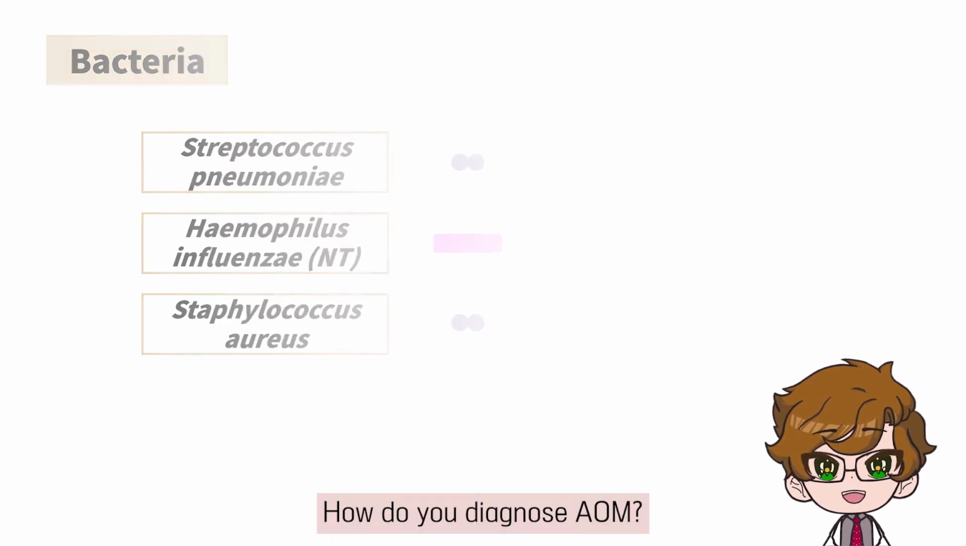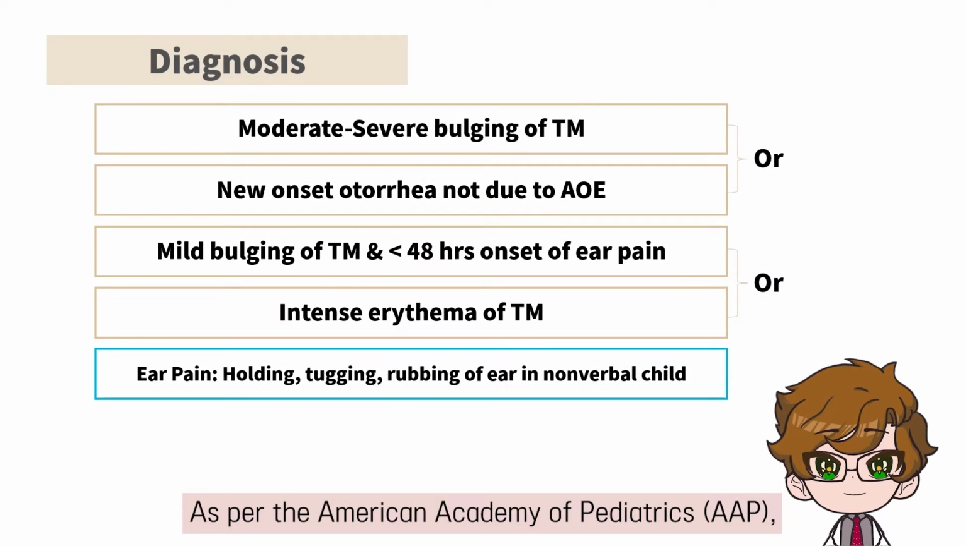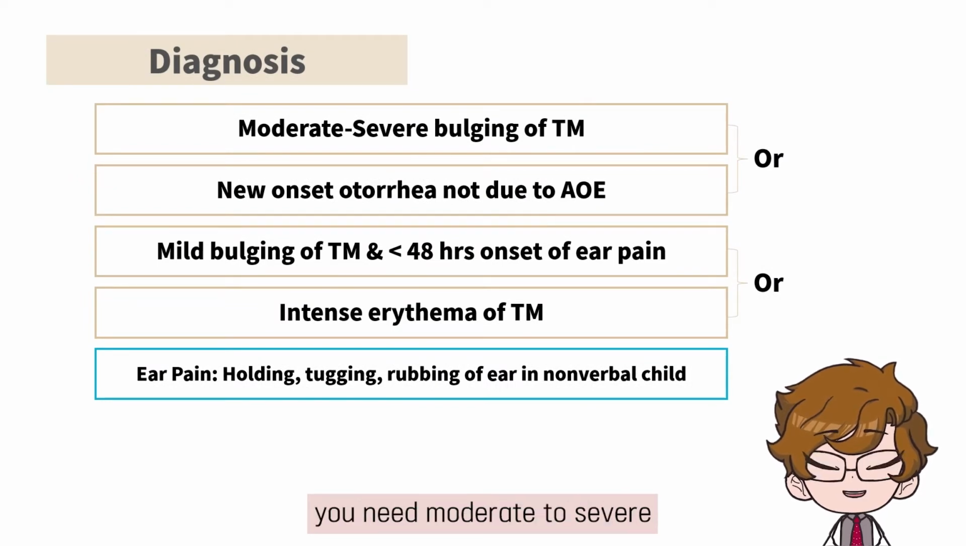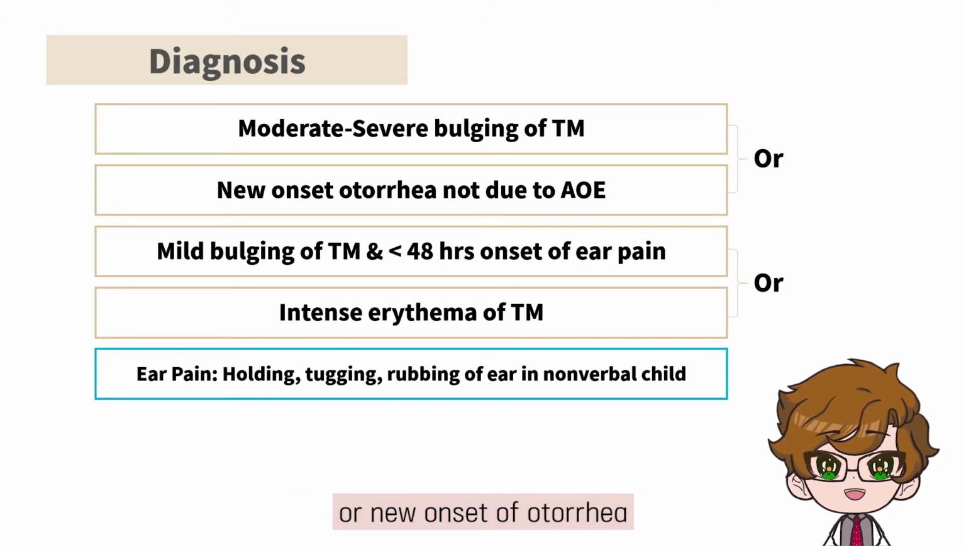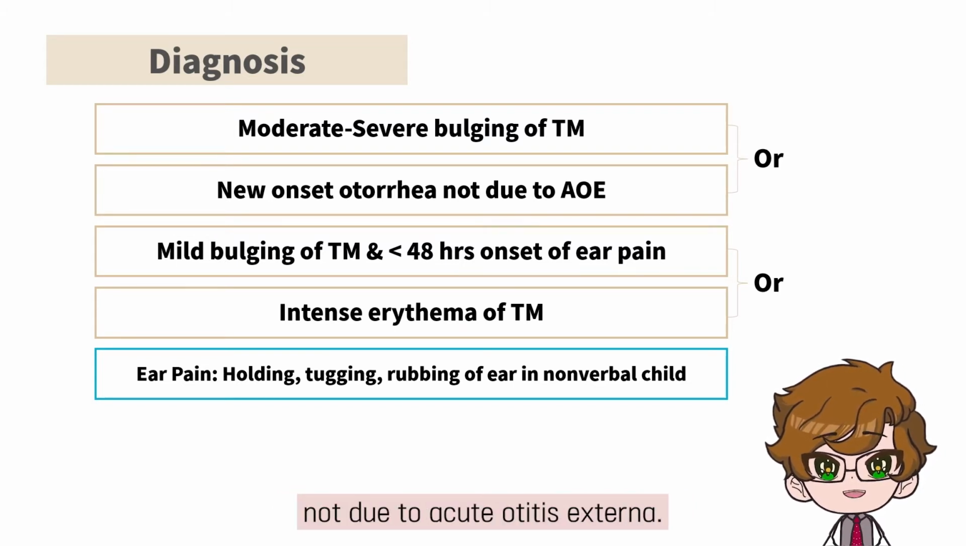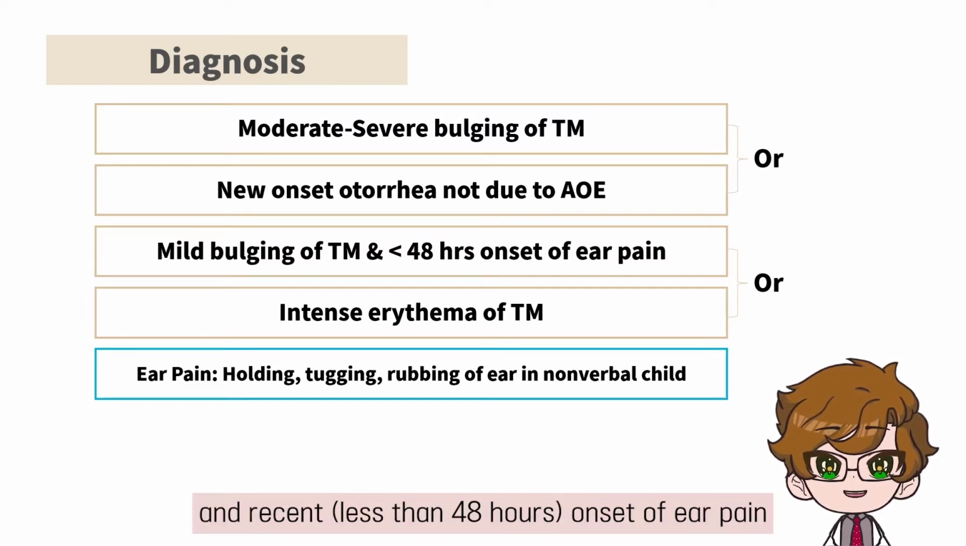How do you diagnose AOM? As per the American Academy of Pediatrics, to diagnose AOM in children, you need moderate to severe bulging of the tympanic membrane or a new onset of otorrhea not due to acute otitis externa. AOM can also be diagnosed when there is mild bulging of the TM and recent, less than 48 hours onset